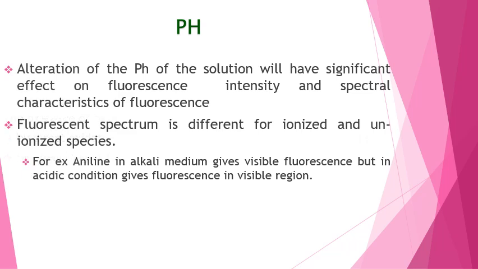pH. Alteration of the pH of a solution will have a significant effect on fluorescence. For example, aniline in alkaline medium gives visible fluorescence, but in acidic condition gives fluorescence in the ultraviolet region. Relatively small changes in the pH can sometimes cause substantial changes in the fluorescence intensity and spectral characteristics. For example, serotonin shows a shift in fluorescence emission maximum from 330 nanometer at neutral pH to 550 nanometer in strong acid,